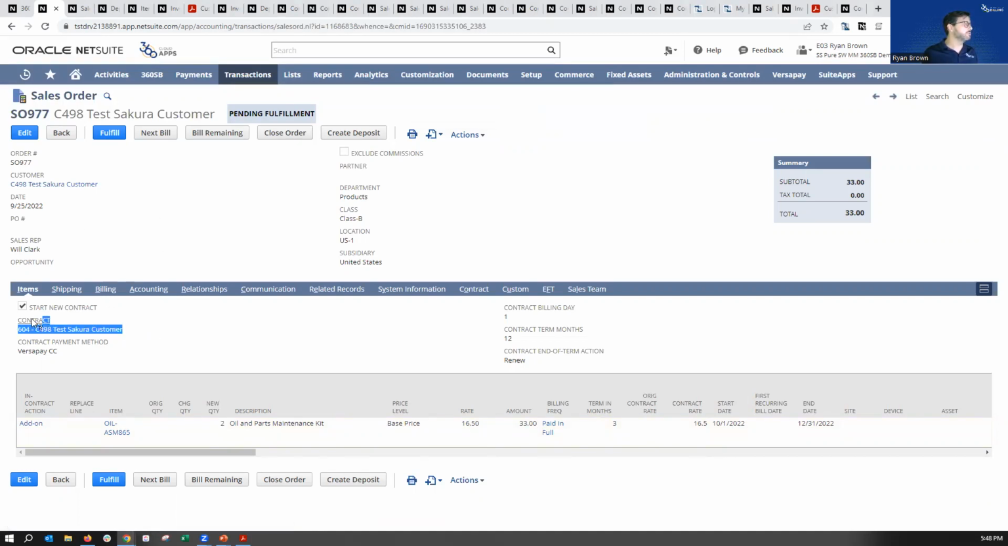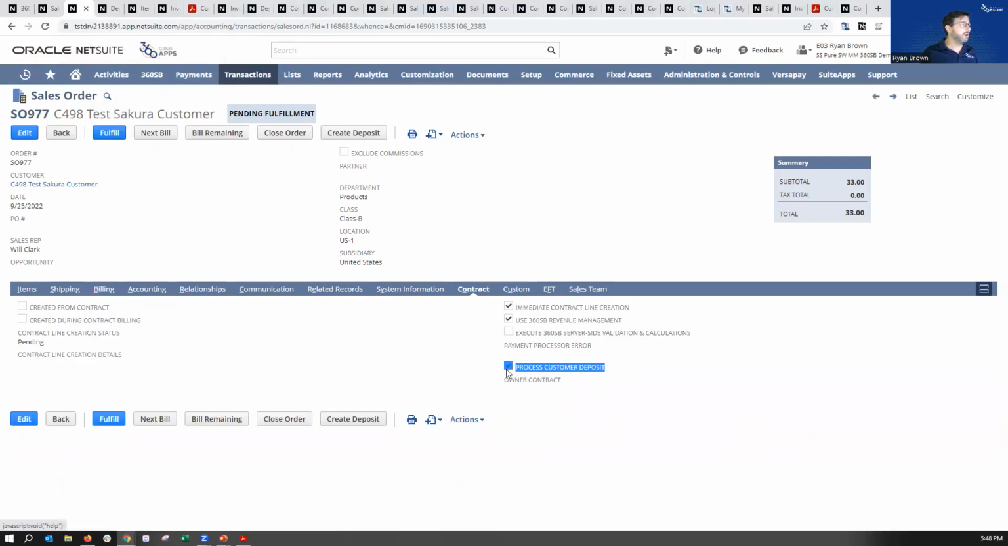Again, I start with a sales order. I've got my contract, only in this case, this inventory item I'm going to tag as an add-on because I've already sold stuff to this customer. And once I go to fulfill this one, I could also, before I fulfill, have this box checked to process